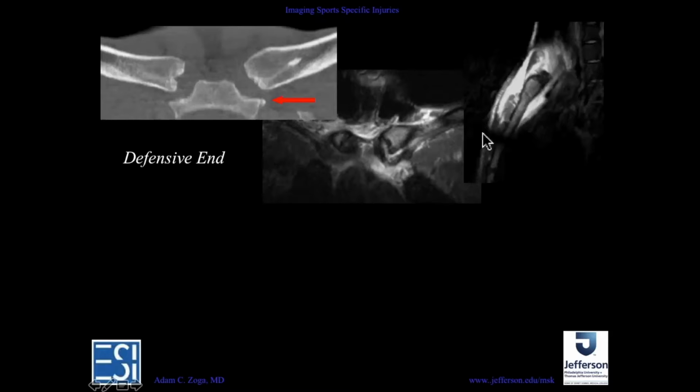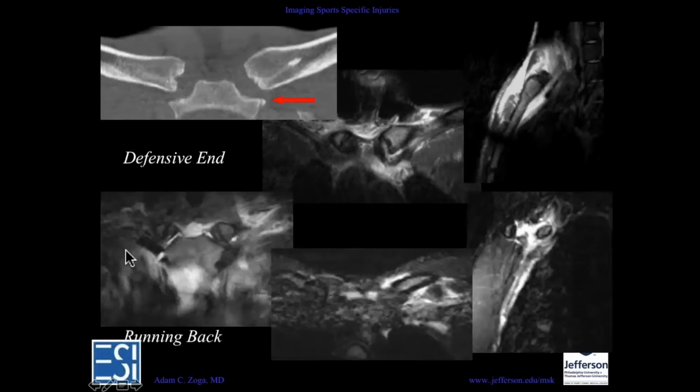Here's this hematoma on a sagittal view, really nice. Here's a running back who fell on the football, and in this case, it's the right side. He's even got a little fracture at the costosternal junction. And he's got a separation here of his sternoclavicular joint with fluid and blood sort of leaking out everywhere. And again, the sagittal sequence sort of helps us. So MRI can be your friend. CT plays a role as well, but